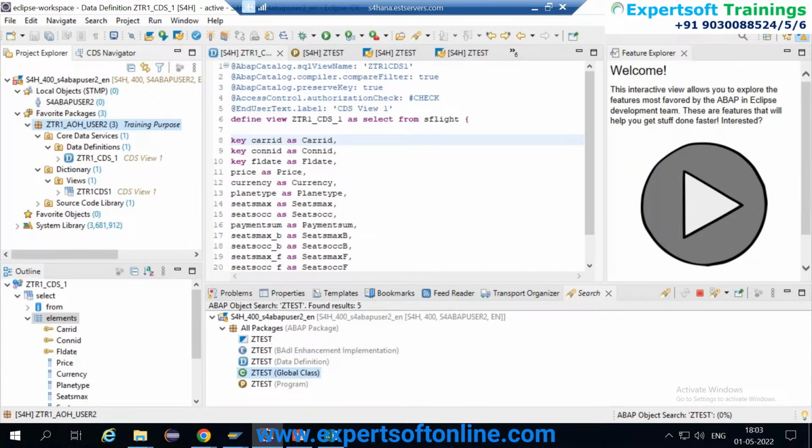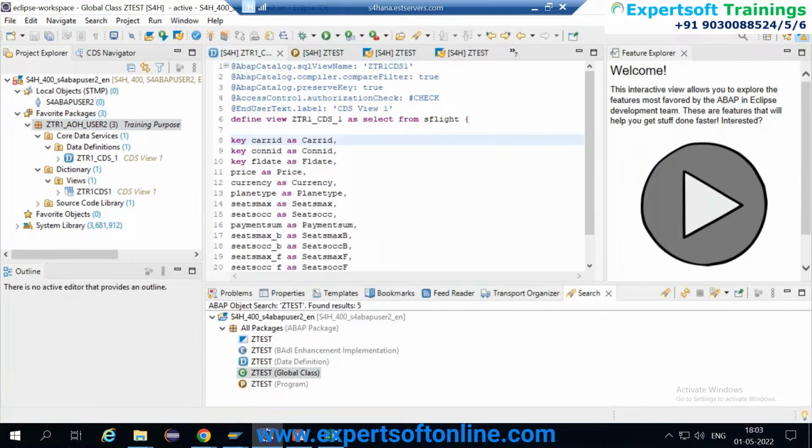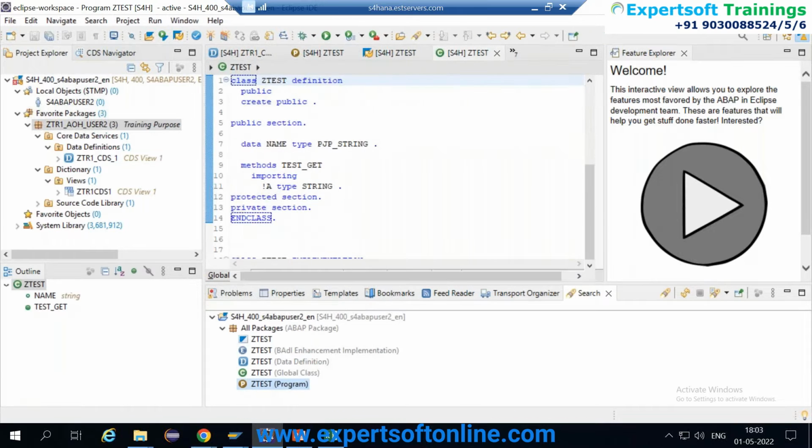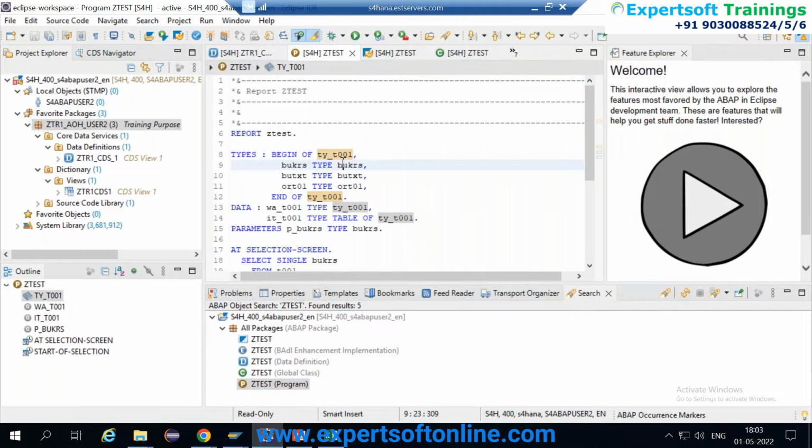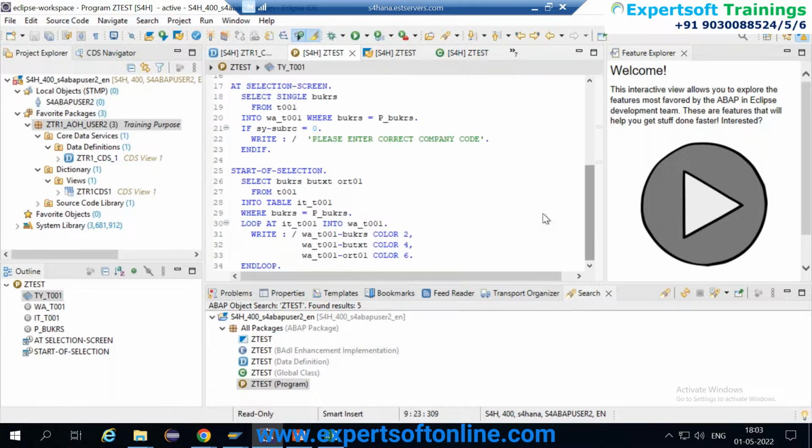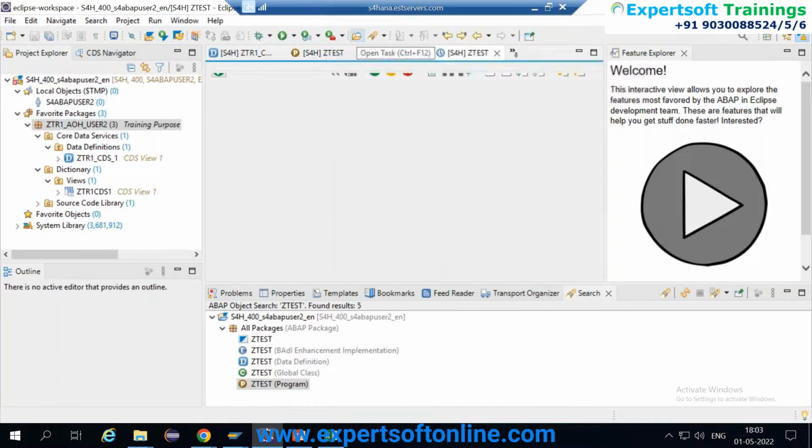This is the same application here also in Eclipse. How can I connect ABAP with Eclipse? Yes, you can connect. I will tell you in the session, or I think Naveen has to. If you talk to Naveen and he can set it up for you, then it's okay. Else, I will teach you how to get connected. You see this code, and if I execute it, it is the same code.